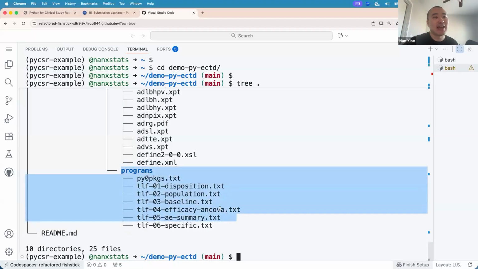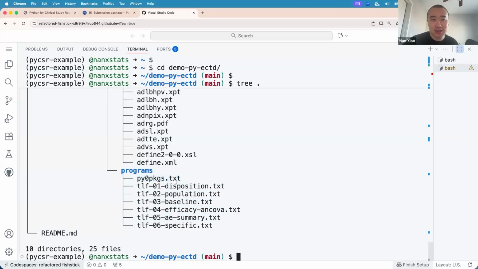And the programs will be actually packed into the Python package's file, .txt, and each individual TLF-generating Quarto document will have the Python code blocks extracted from it, actually removing all the unnecessary stuff such as comments, and then putting them into TXT files, which are also essentially Python scripts.